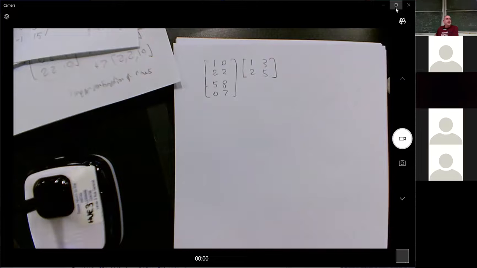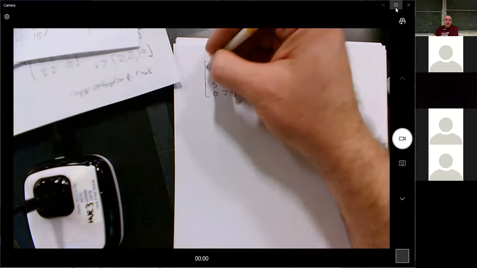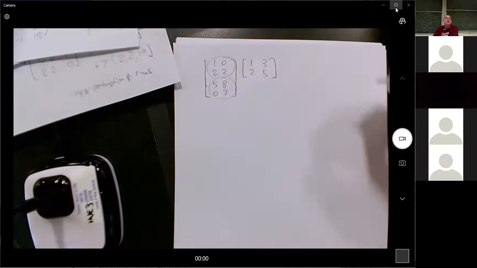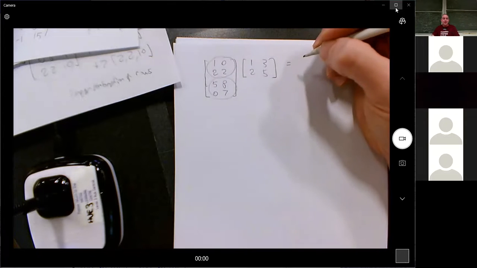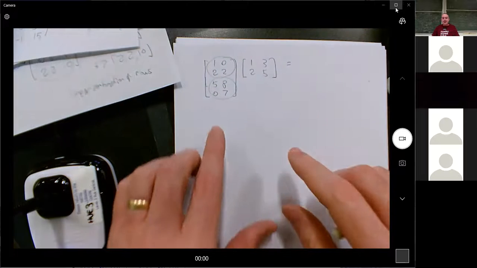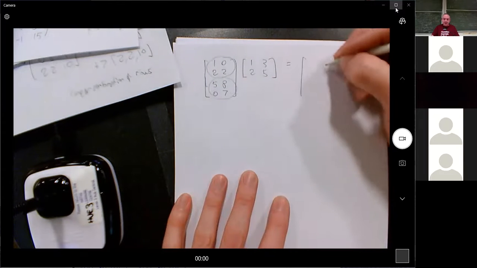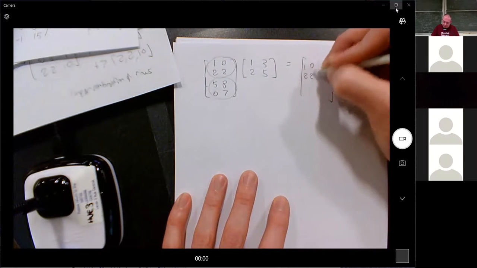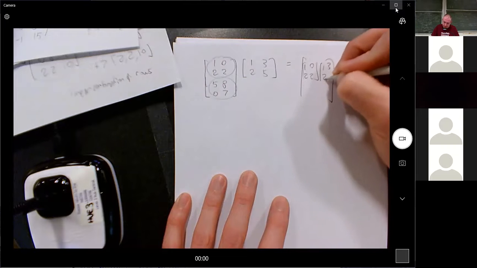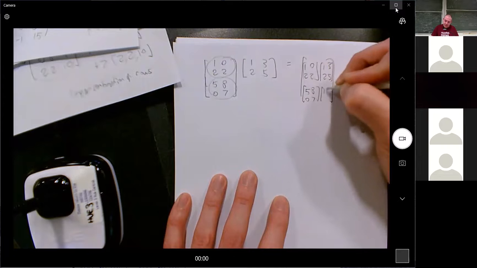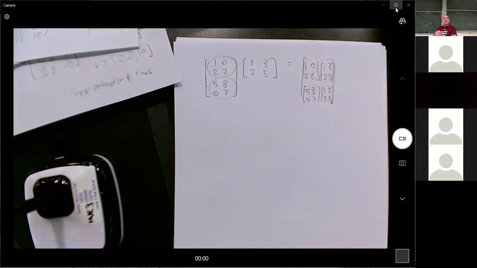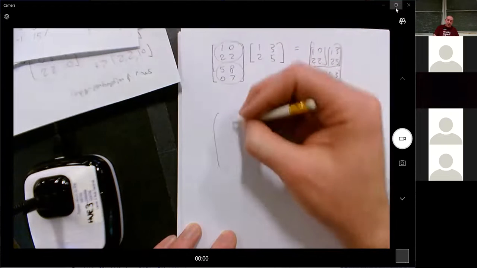Are you ready? I could see this as a matrix and this as a matrix. And this would be the same answer as now a grid that has 1, 0, 2, 2 here and 5, 8, 0, 7, 1, 3, 2, 5. So these are two entries that are both matrices. So I can do that as well. I can totally break a matrix up into pieces